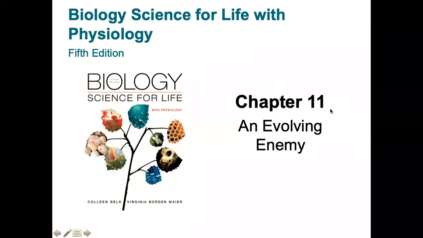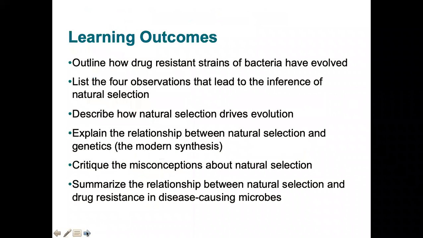Hi, everybody. So this is chapter 11 for Bio 101, and this is going to be the chapter about natural selection. So natural selection, we're going to look at it in terms of bacteria, because this is microevolution, the stuff that we can see on shorter terms. And then that allows us to look at some of the examples of evolution.